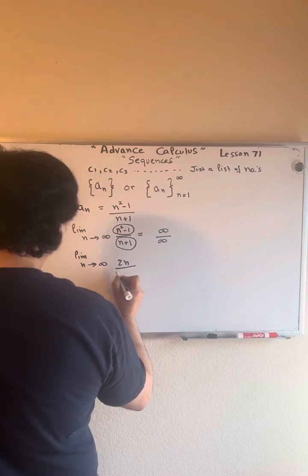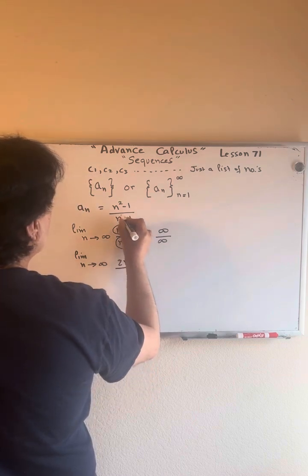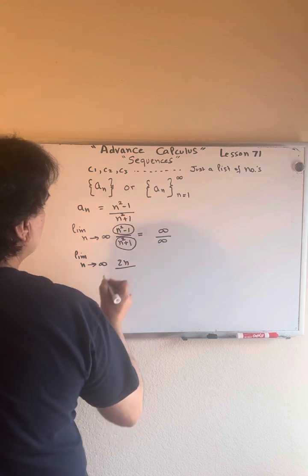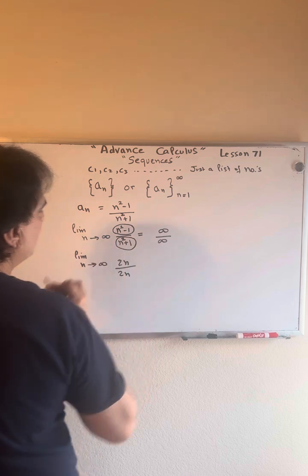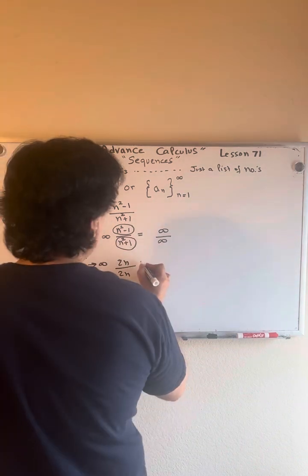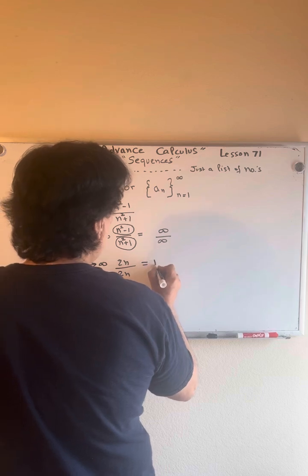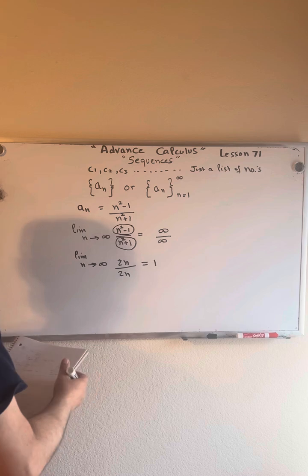The numerator is also n squared, so the derivative of n squared is 2n, and the derivative of the denominator's constant is 0. Okay, so then I get 2n over 2n. So then I can say, after applying L'Hopital's rule,